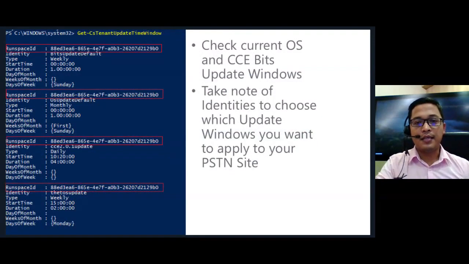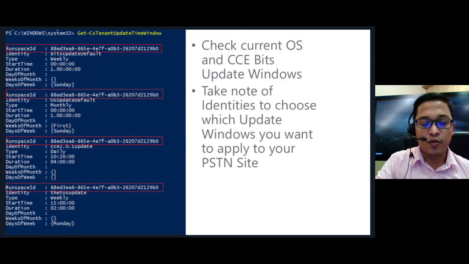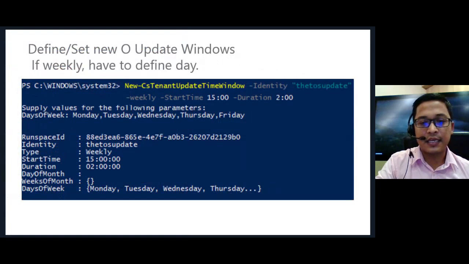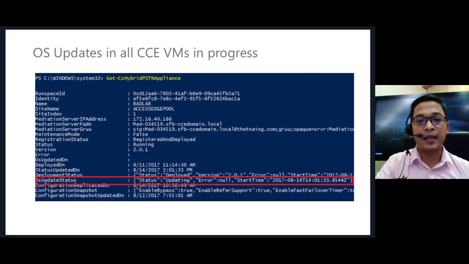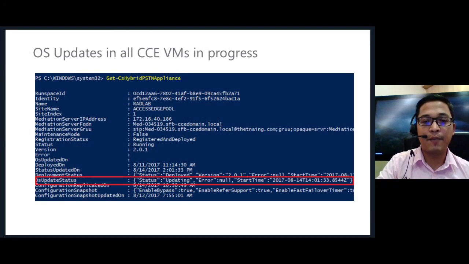Okay, later. The command that you use to set the timing is Set-CsTenantUpdateTimeWindow, and then you define the CC update timing, and then you set the OS timing. When the update is happening, if you run the command Get-CsHybridPSTNAppliance, you will see